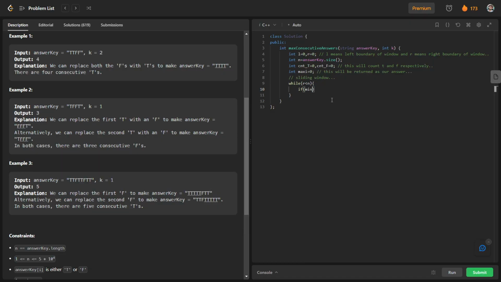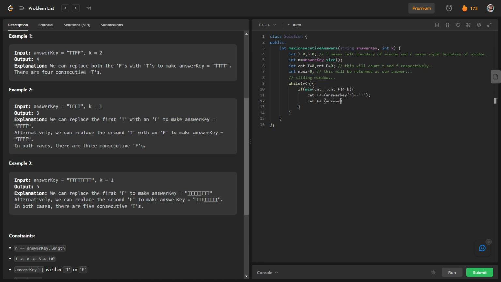So I will write here, if the minimum of count t and count f is less than or equal to k, we will just increase the value of count t if answer key of r is t, otherwise we will increase the value of count f.